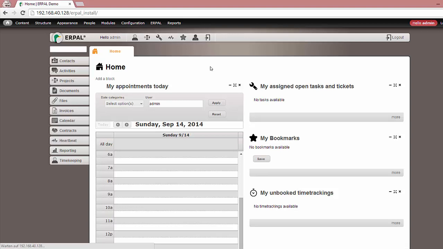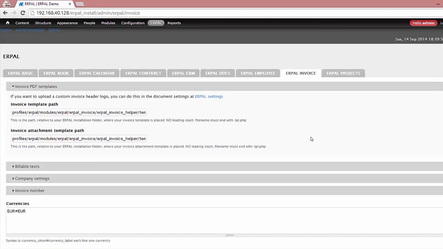Let's start to customize our invoice settings. We can access the customization form going to ERPAL Invoice Settings in the ERPAL Administration menu. In this form, you can change the invoice template path or the path of the invoice attachment template. In the invoice attachment, you will most likely see a list of time trackings that you added to an invoice